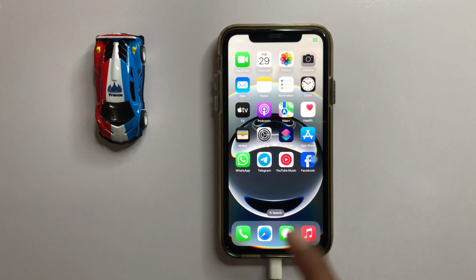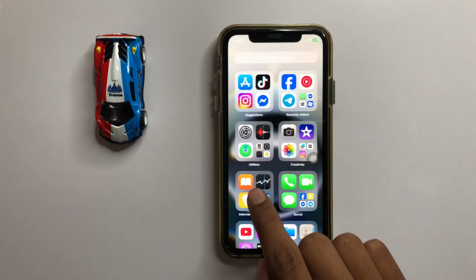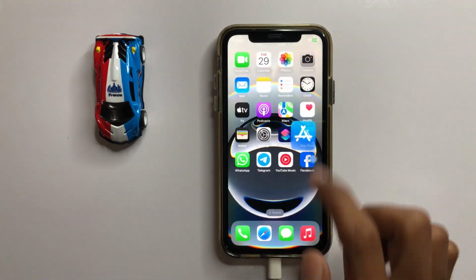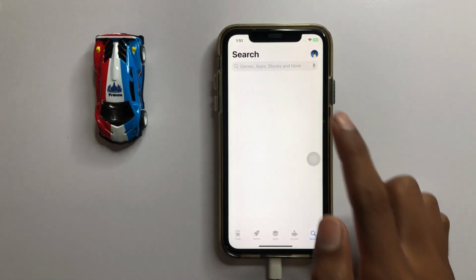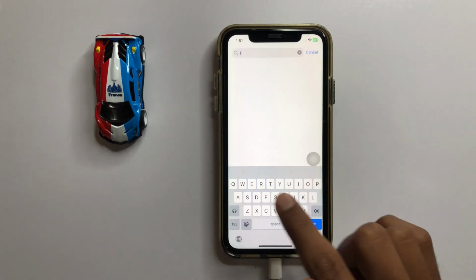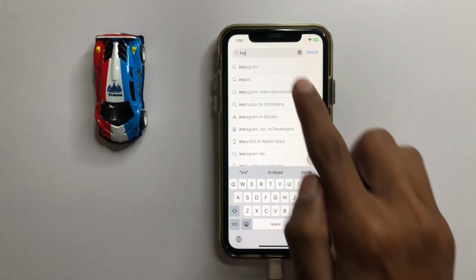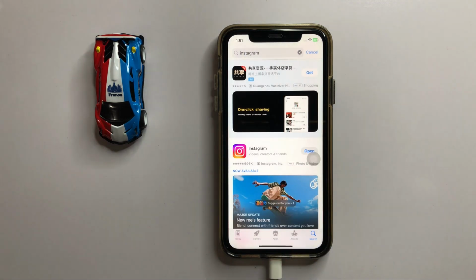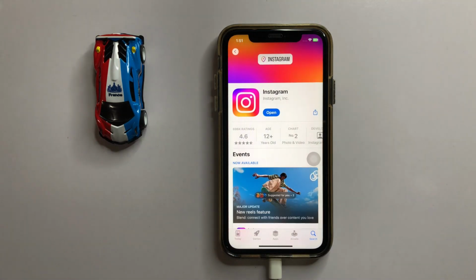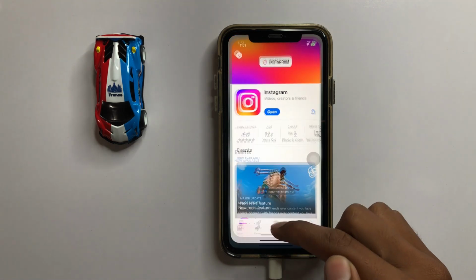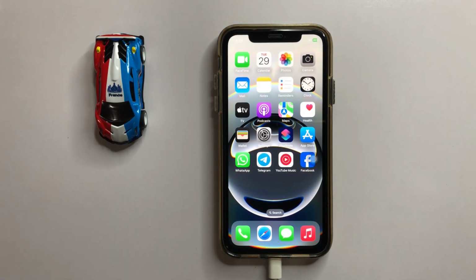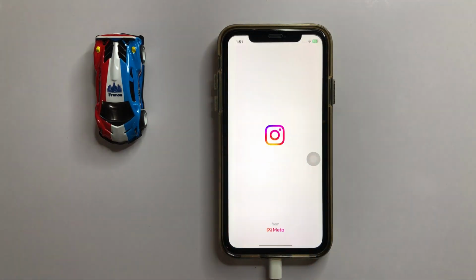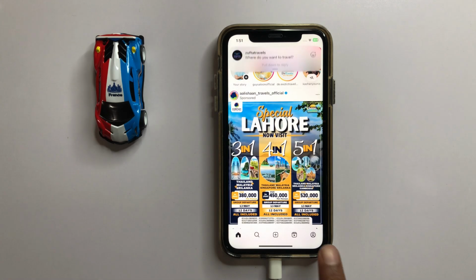First of all, if you want to fix this problem, then firstly open App Store and then search here Instagram. Now here you can check your Instagram update. If you have any update of your Instagram, then update your Instagram. After updating your Instagram, go back to your home screen, open Instagram and then click on your account,